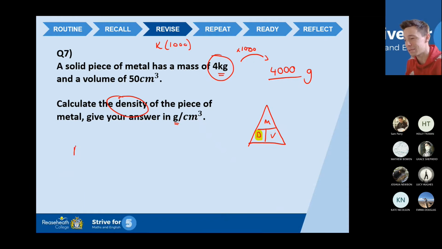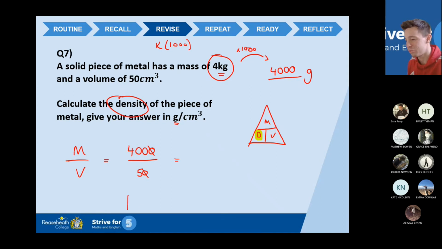Mass divided by volume. So the mass is 4,000 grams. The volume, where is it? It's 50. Remember, this is non-calculator, so let's try not to use a calculator here. Get rid of a 0. So we're left with 400 divided by 5. So 400 divided by 5. Here we go, Sam. 5s into 4 go 0. Carry the 4 over. 5s into 40 go 8. And then 0, because 5s into 0 goes 0. So we're left with 80